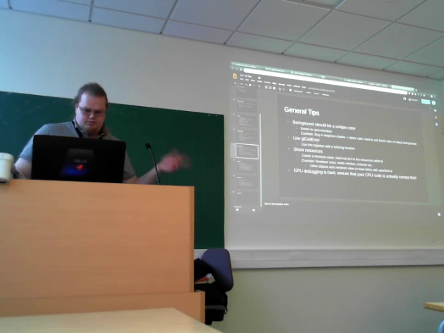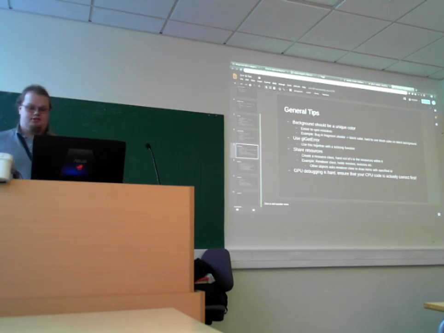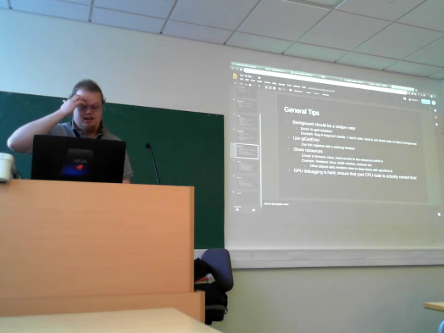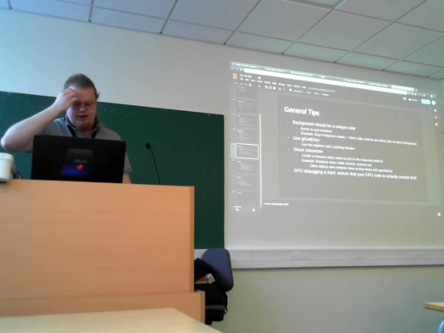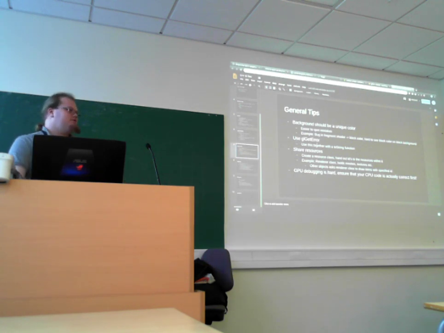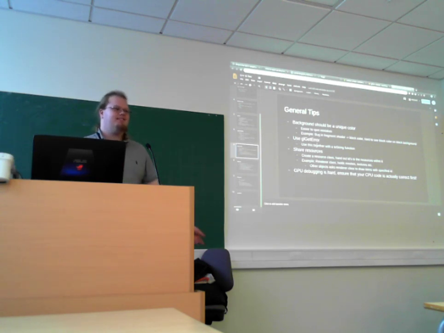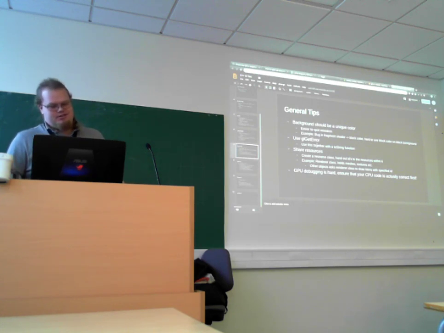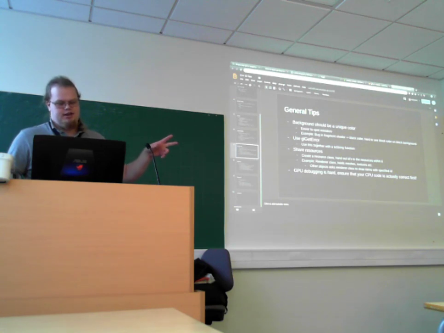Right, so some general tips now that you're starting to do OpenGL. You've probably already seen this, but your background should be a unique color. Don't set your background to be black. In our experience, that's usually because if you have, for instance, a bug in your fragment shader, the one that does coloring, you'll just get a black color. And spotting a black cube on a black background isn't really easy.